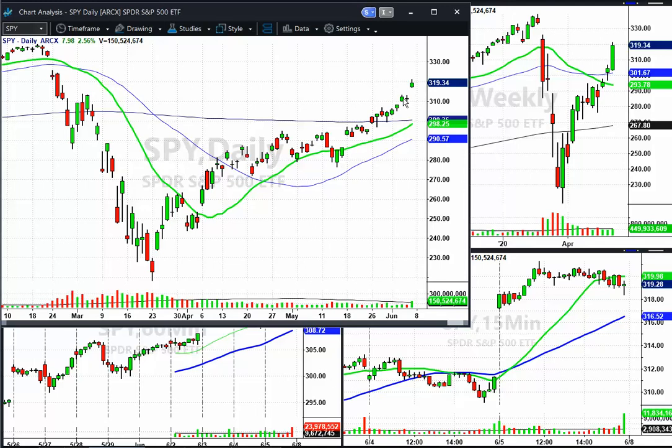So the question is, if you're buying now, where are you going to put your protective stop loss? You can say, well, I'll just use the candle that got me in. Great, well, that's fine, and you can keep it to that. The market could gap down way out of your favor. It could gap up way in your favor. That's not a game I typically play. So that's why I day trade from time to time, and then on swing.